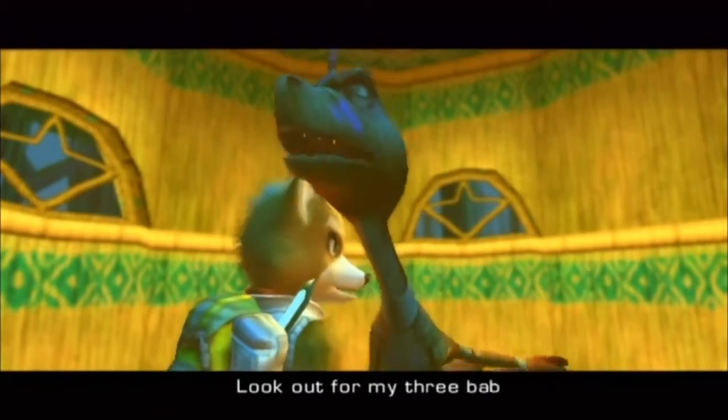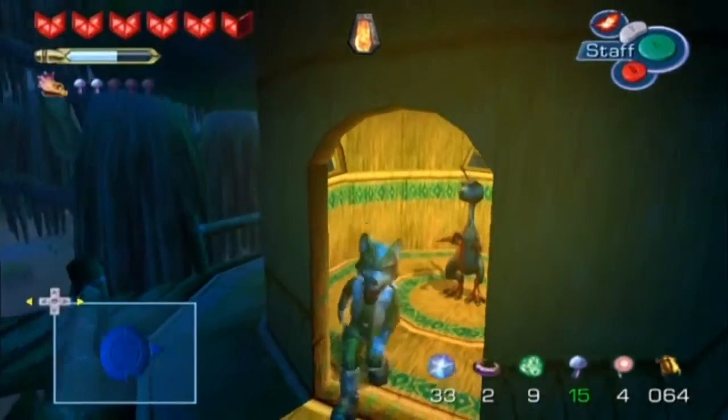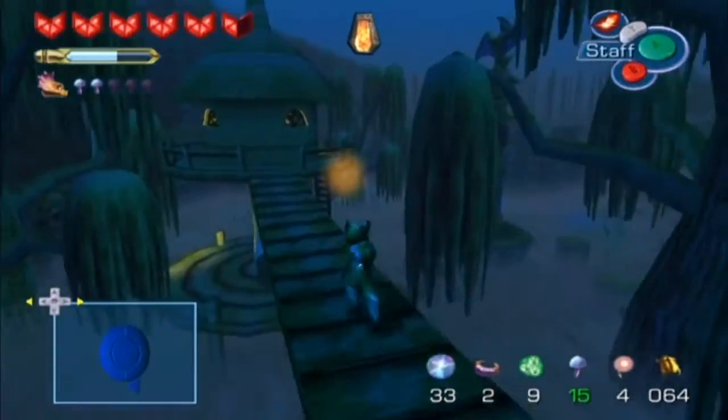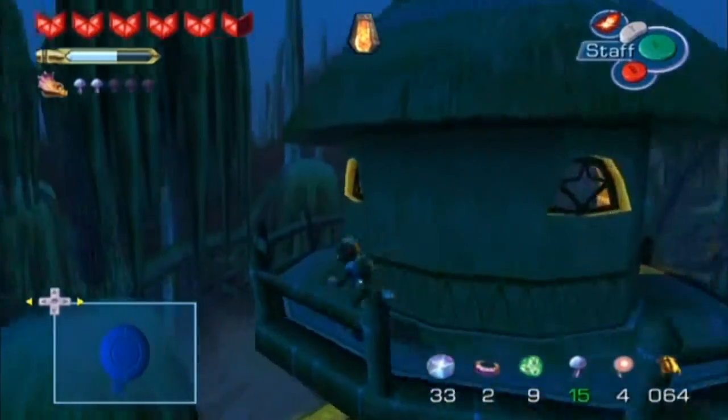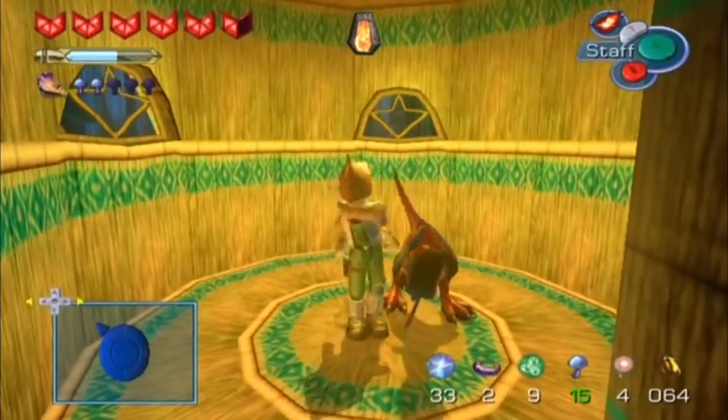Look out for my 3 babies. I think they're in the forest. She thinks they're in the forest, which is where we just were, so I probably should have done them while I was up there, and that would have been way more efficient. But then if we talk to the final Lightfoot, he or she says...